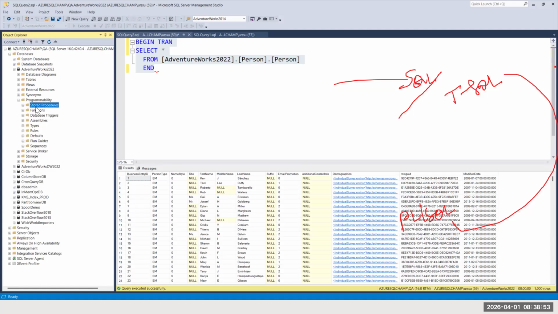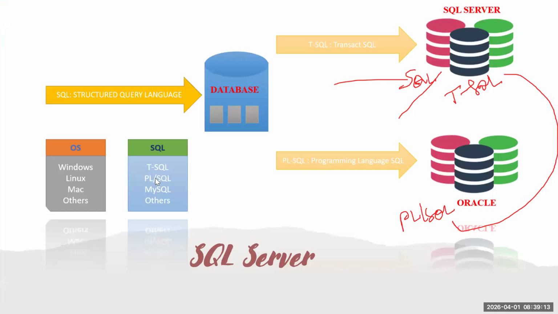Stored procedures, functions, and triggers. These are the 3 objects. You will create massive stored procedures, functions, and triggers. This all falls under programmatic language, like T-SQL or PL/SQL.